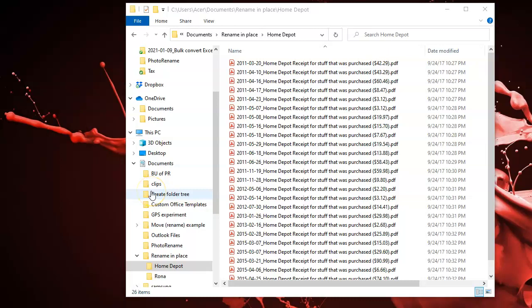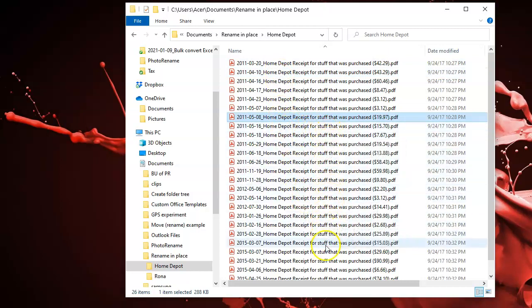Hello and welcome to this video, which will explain use of a spreadsheet that allows you to bulk or batch rename, copy and move files and folders in Windows Explorer. So for example, if you've ever had a listing of files in Windows Explorer that looks like this, and you